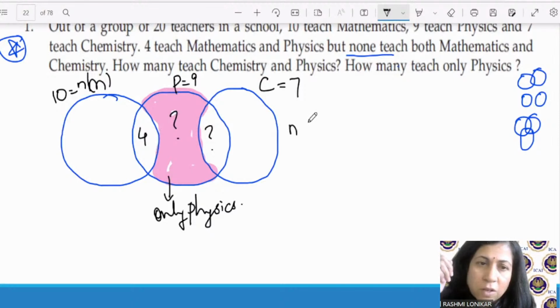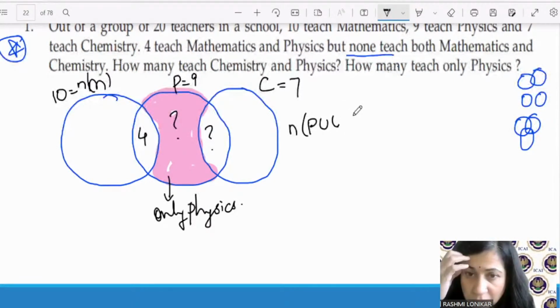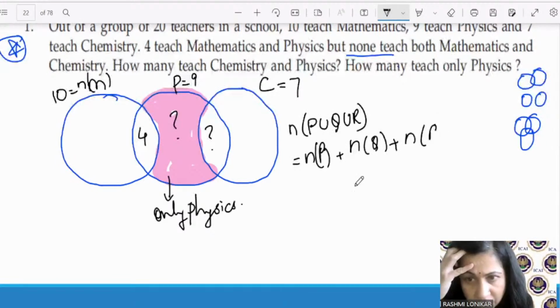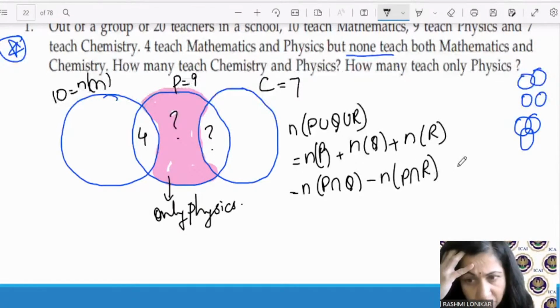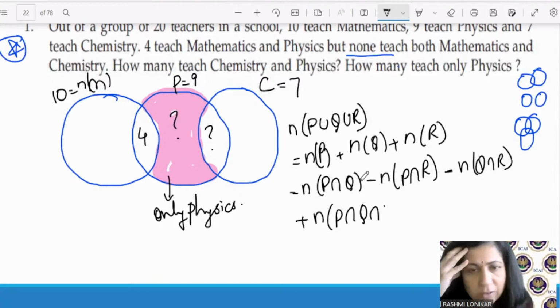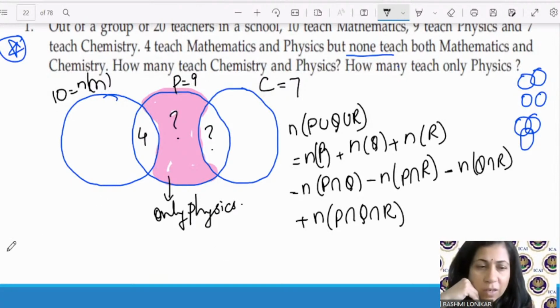N of P union Q union R is equal to N of P plus N of Q plus N of R minus N of P intersection Q minus N of P intersection R minus N of Q intersection R plus N of P intersection Q intersection R. Okay. So 20 is equal to